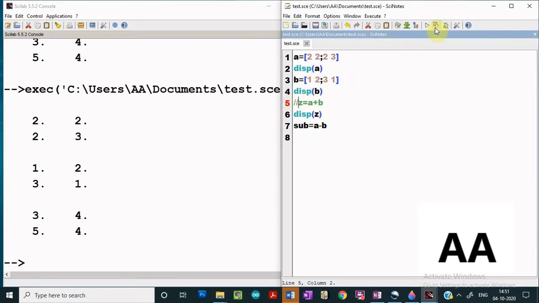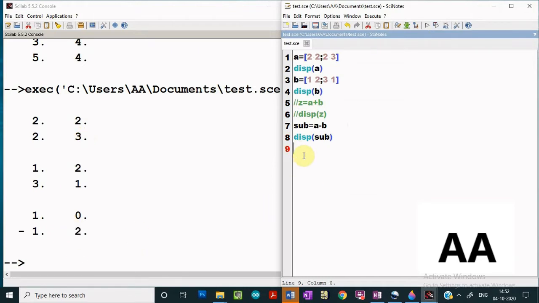Okay, so if I execute it, we see that these are the two input matrices A and B, and sorry, I have to display the subtraction. So if I display sub, then on execution I'll be getting the resultant matrix, which is the subtraction of the two matrices.